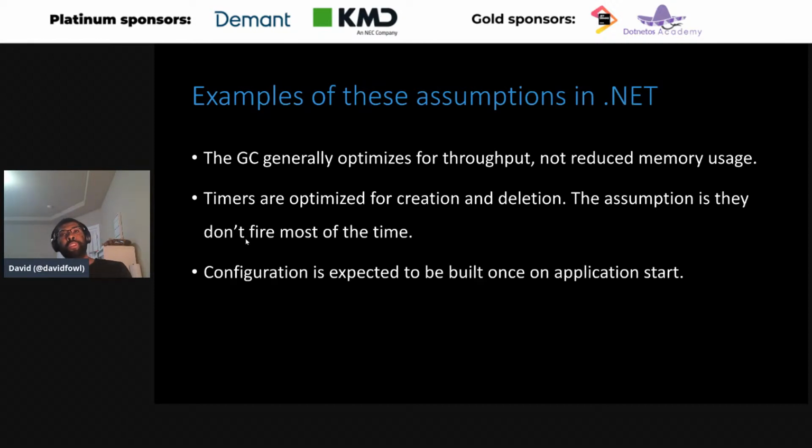So we chose a structure under the covers that lets us add and remove things very quickly. It's a doubly linked list optimized for creation and deletion. If you look at other platforms, their timer queues are a heap, and they're optimizing for timers firing, so they can find the thing due very quickly, in O of one time. Whereas for us, we have to do an O of n operation to find timers to fire, because we optimize assuming that they won't fire most of the time. Just knowing that could help you sense when things are going wrong.